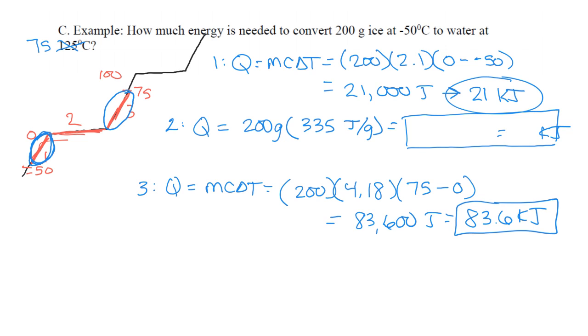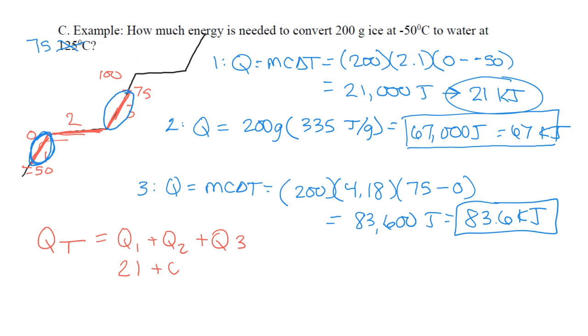Okay, I went and I got my calculator. So let me calculate that heat for section 2. We have 67,000 joules, which is 67 kilojoules. So now, if I want to figure out the total heat needed to change ice from -50 degrees Celsius to water at 75 degrees Celsius, I need to add all 3 numbers together. So I'll add 21 kilojoules plus 67 kilojoules plus 83.6 kilojoules. And that gives me